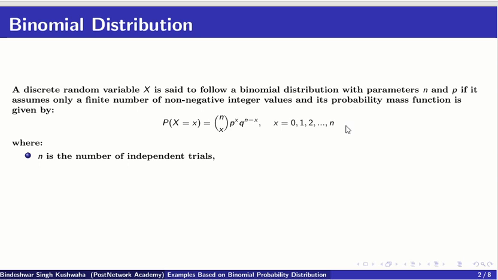Basically, a random variable is said to follow binomial distribution with two parameters n and p if it assumes only a finite number of non-negative integers and its probability mass function is given by P(X = x), that is the number of successes, is nCx p^x q^(n-x), where n is the number of independent trials,